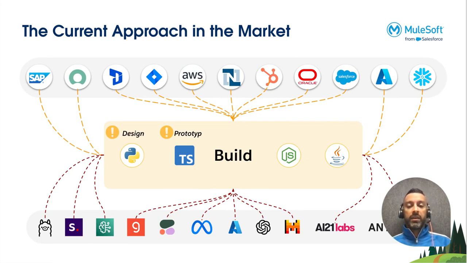The design aspect and the prototype aspect: because the current technology is so advanced and we want to try it out, we don't even bother to think about why we need an agent in the first place. We directly go into the build phase. We don't compose, we don't prototype. Of course, we are building it, and that's the only thing we are building, but we also don't test it,